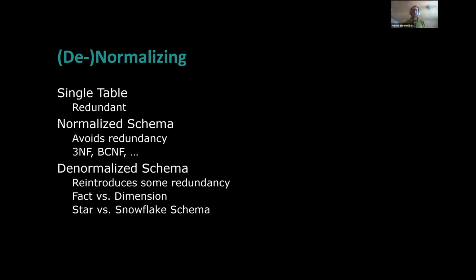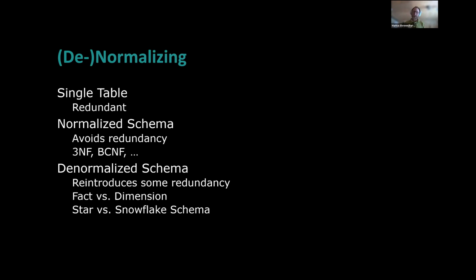But we reintroduce some redundancy. The denormalized schema does not mean that we undo all the normalizing, going back to a single table. No. A denormalized schema has some normalizing in it, but other tables are not normalized. The fact tables, to make it clear, are still fully normalized. They are in third normal form. The dimension tables are not normalized. So they have the single table approach, so to speak.